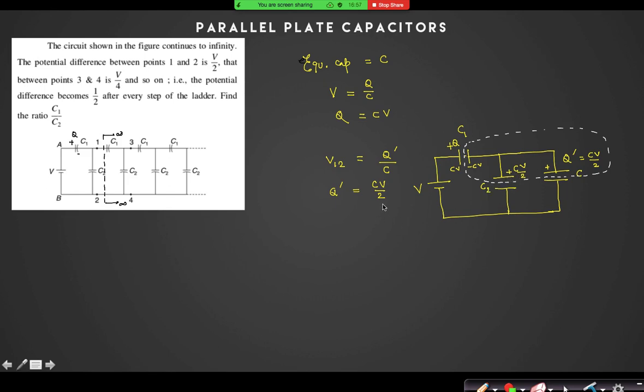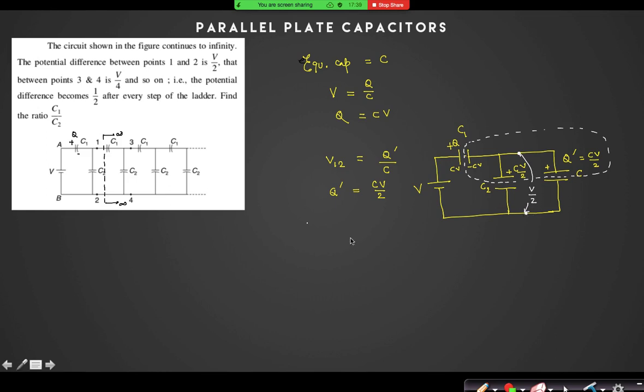right? Now it is easy that I can say that this Q equal to CV, right? And the potential difference across this is CV by 2, right? So what we can say that Q by C1 here. Sir, we could directly say the C2 capacitor has V by 2 also, even if we did not know the equivalent, because across these two the potential difference is V by 2. Yes, you can do that. The potential difference across this is V by 2. Yes.